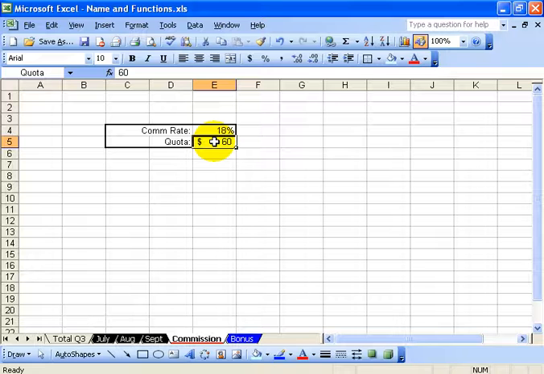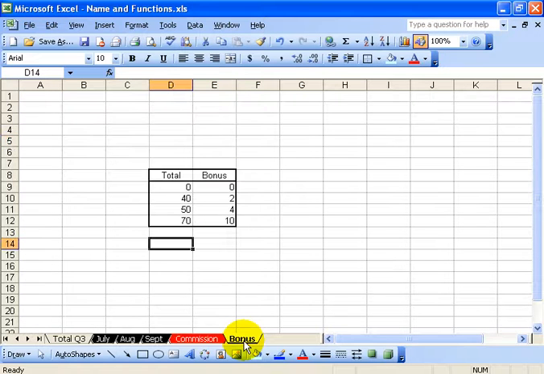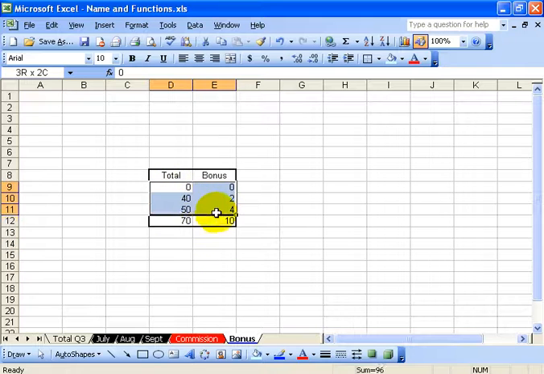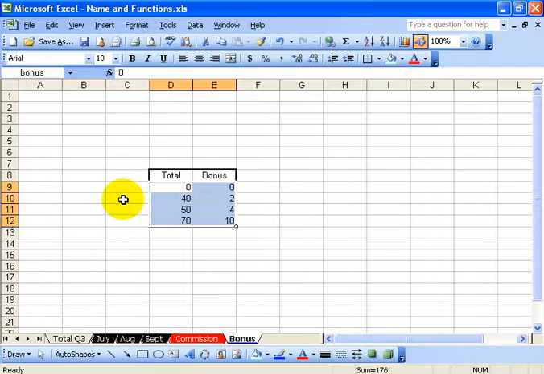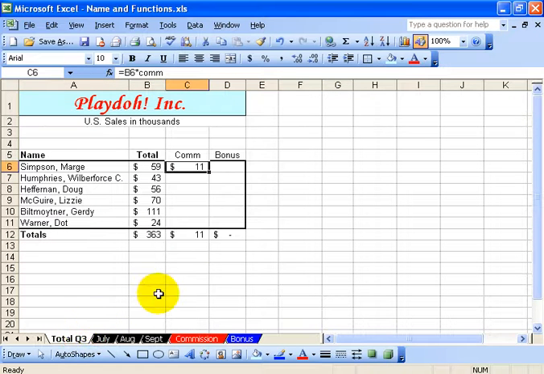Well, what about a range? I'm going to go over here to the bonus, and you can see I've got a bonus table, and if I wanted to I can select this range here for the bonuses, come up here and then type in bonus and then hit enter. Now when I click off in any cell and I go back and I select bonus, not only does it take me there, but it highlights the whole range there that I named as bonus, which will come in handy when I go back to my total worksheet when I start calculating bonuses with other functions,